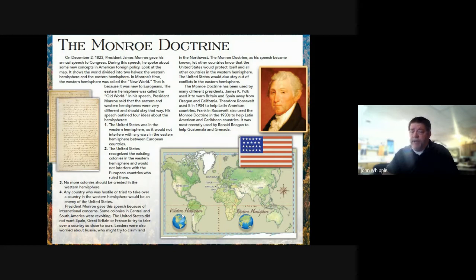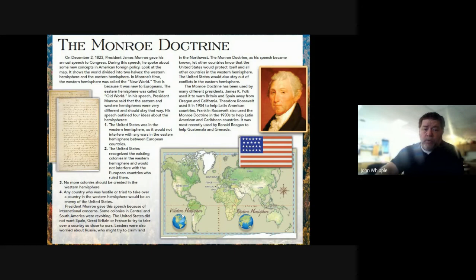The United States was in the Western Hemisphere, so it would not interfere in any wars in the Eastern Hemisphere between European countries. The United States recognized the existing colonies in the Western Hemisphere and would not interfere with the European countries who ruled them. No more colonies should be created in the Western Hemisphere. Any country who was hostile or tried to take over a country in the Western Hemisphere would be an enemy